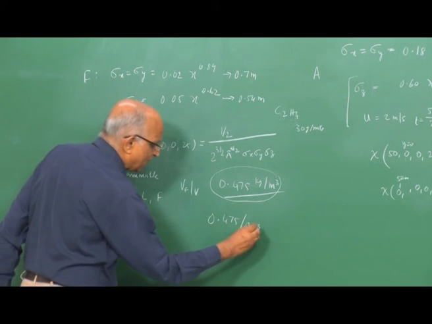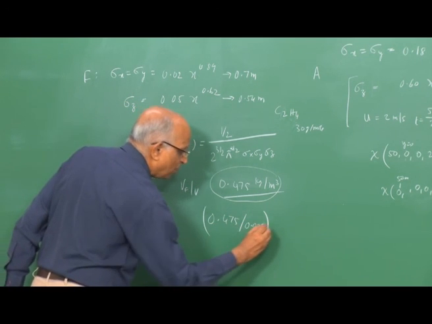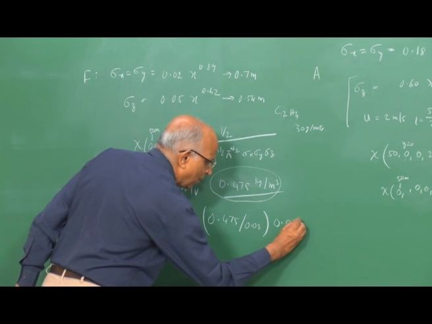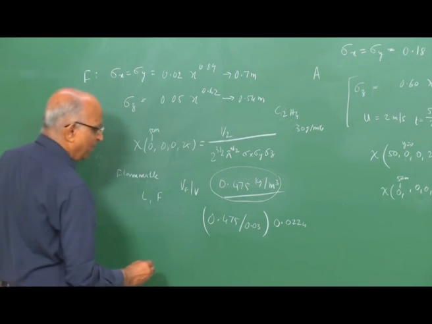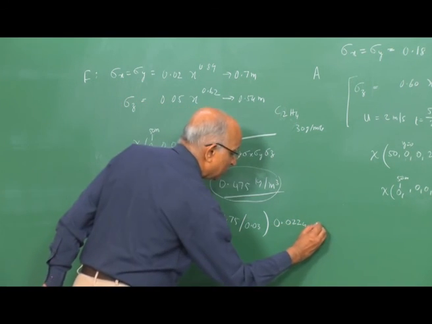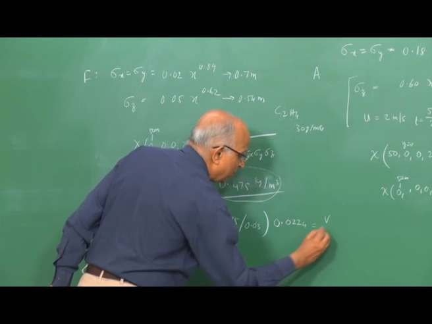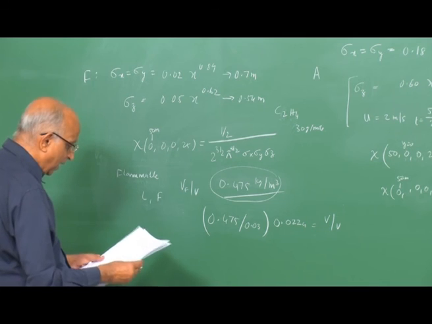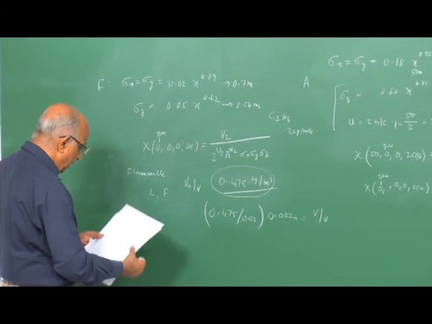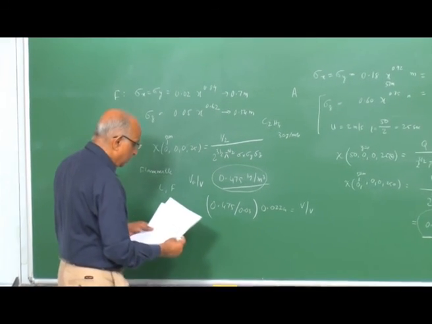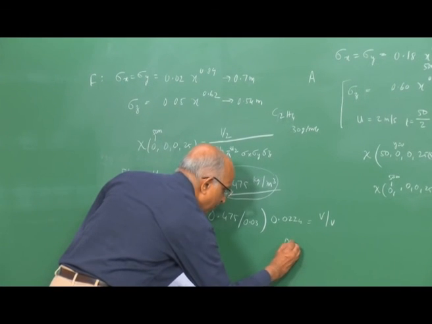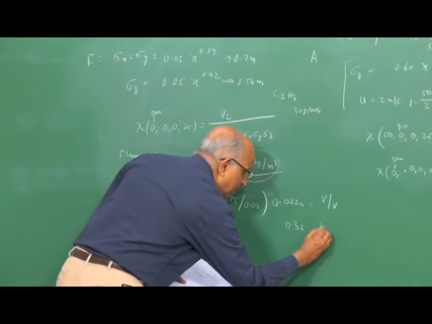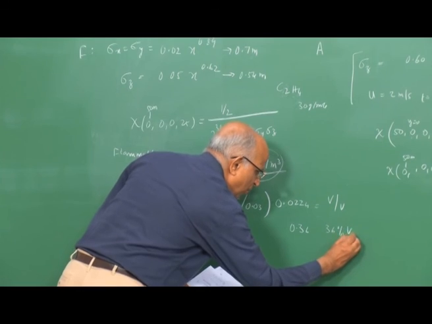In 1 mole of gas, I have something like 22.4 liters, that is 0.0224 meter cube. Well, this is the value in terms of volume of ethane divided by volume of the mixture. And well, if I calculate this out, the value comes out to be something like 0.36, or rather 36% volume of ethane